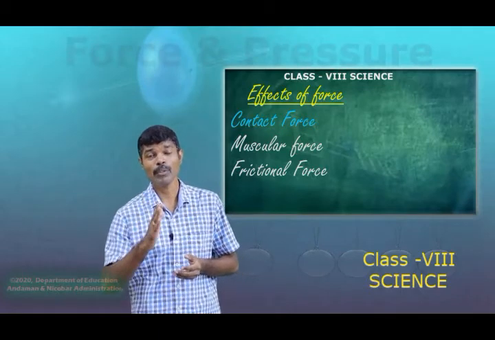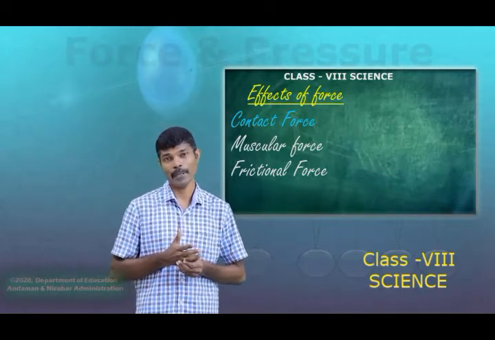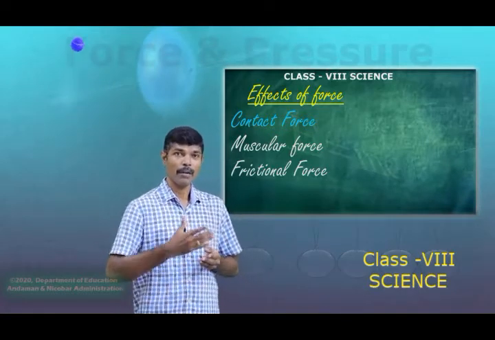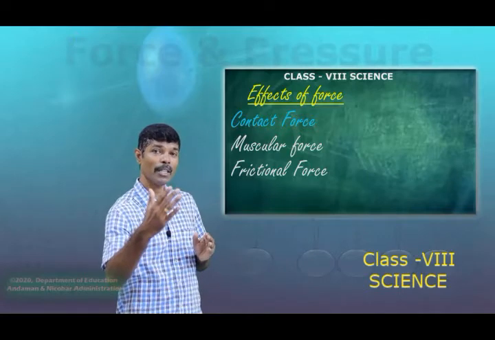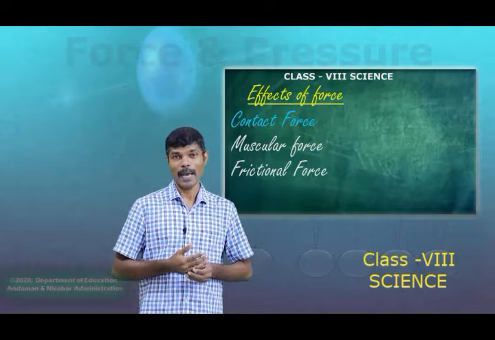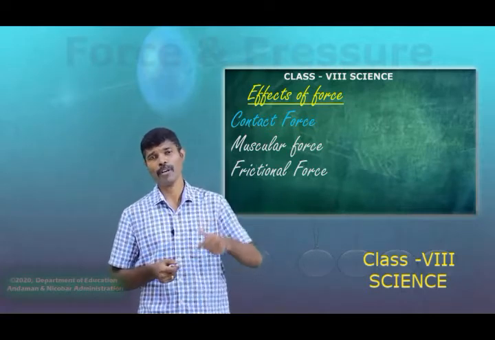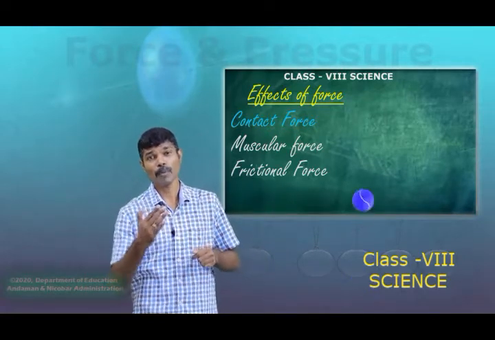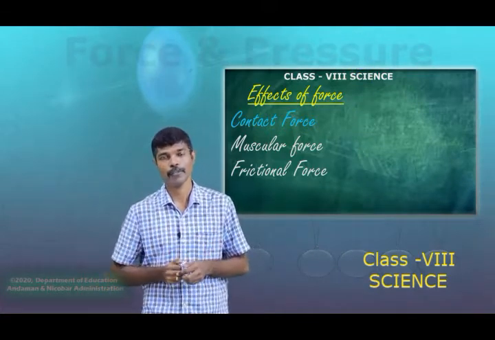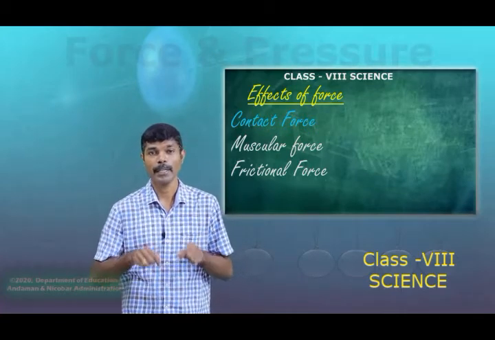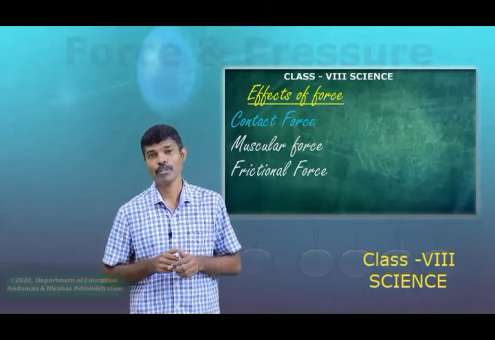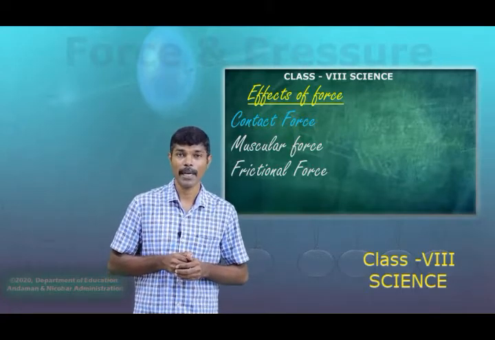Friction is the opposing force which acts on a body. So when the ball is rolling on the ground, frictional force is acting on the ball, opposite to the direction of motion of the ball. As a result, as the ball moves for a while, due to this opposing force, the ball stops. This kind of force is known as frictional force, and frictional force needs contact. So frictional force is also an example of contact force.